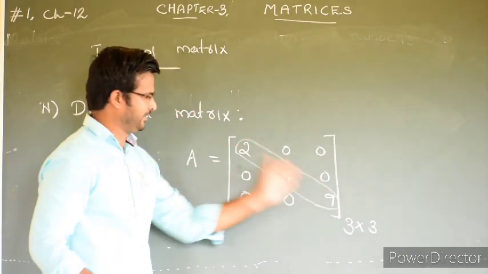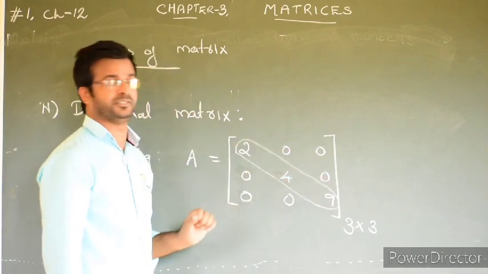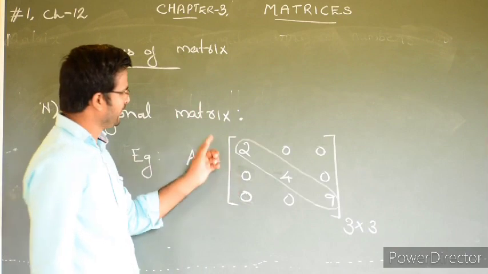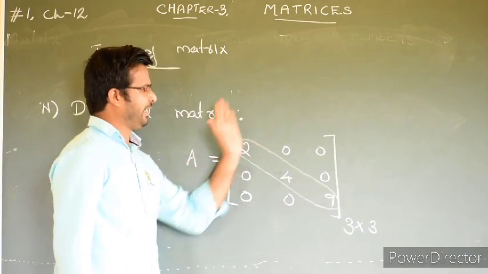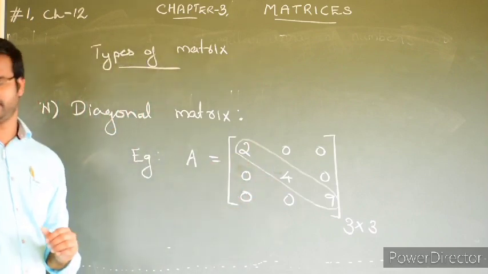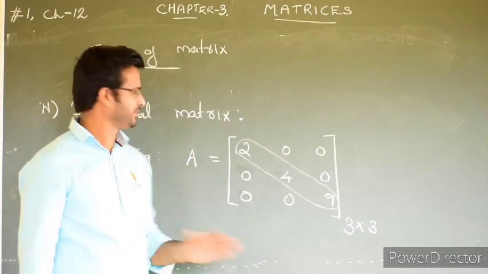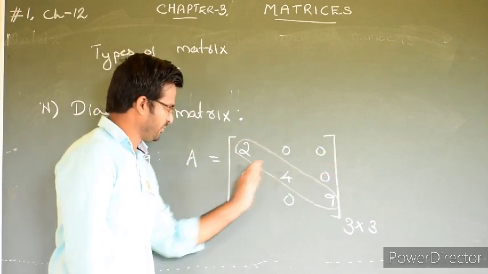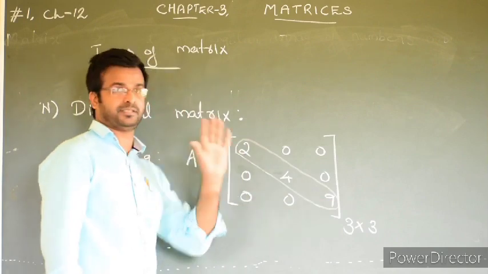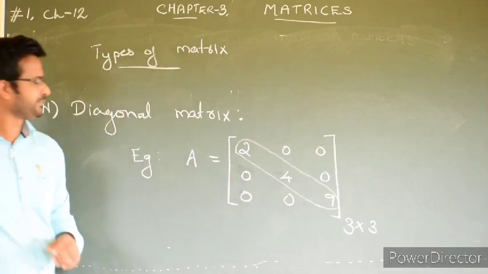Here, only in the diagonal part can we see some numbers. Look, all the other elements are zeros. This type of matrix is known as a diagonal matrix because only on the diagonal can we see numbers, and the other elements are zeros. Keep in mind, a diagonal matrix is always a square matrix, because the number of rows and number of columns are equal. Only the diagonal elements are numbers except 0, and the other elements are always 0.